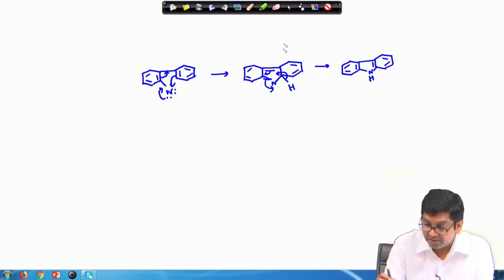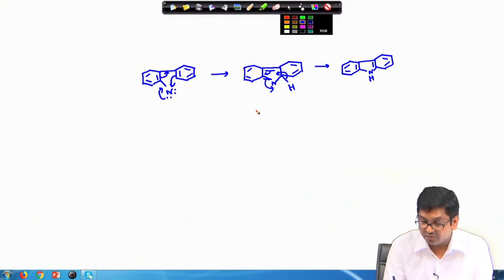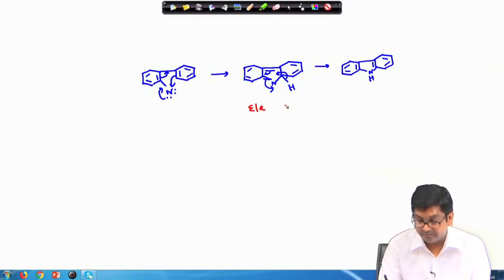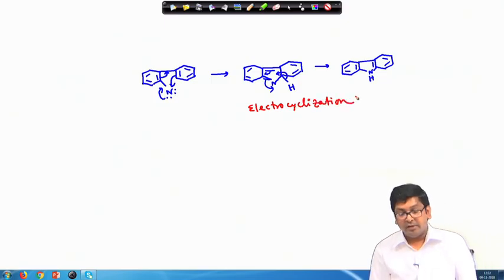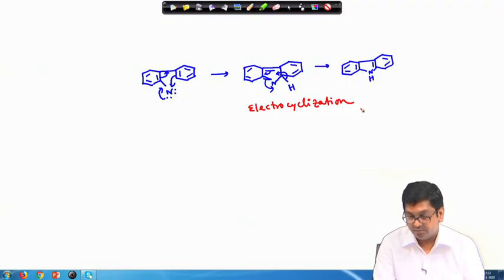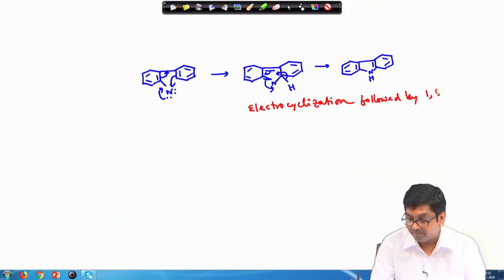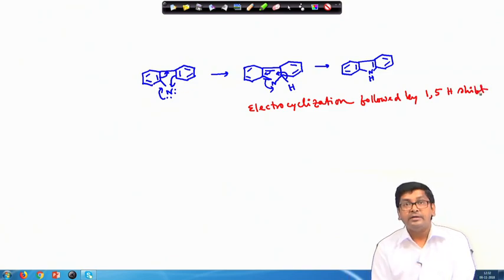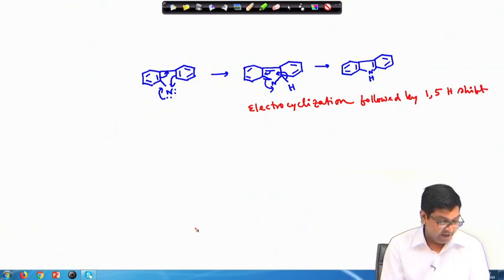Okay. So, here what is happening? First is this electrocyclization, and followed by the 1,5 hydrogen shift. 1, 2, 3, 4, 5. So, electrocyclization followed by 1,5 hydrogen shift. Okay. In similar fashion, if we take another example,